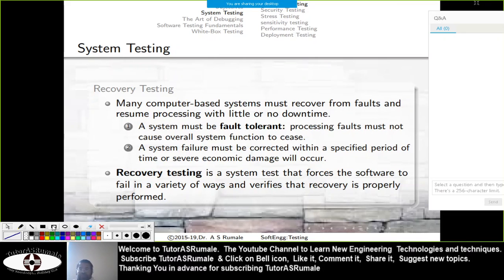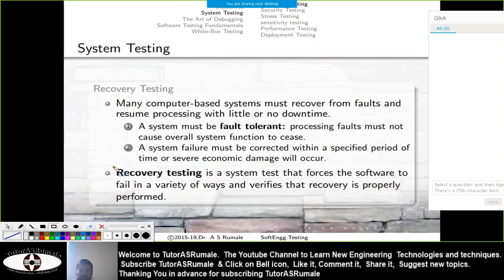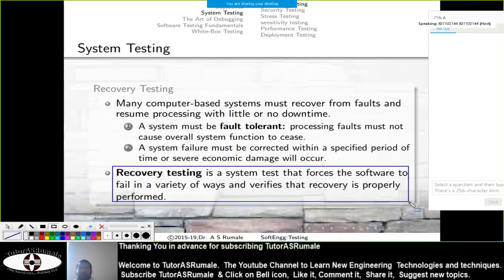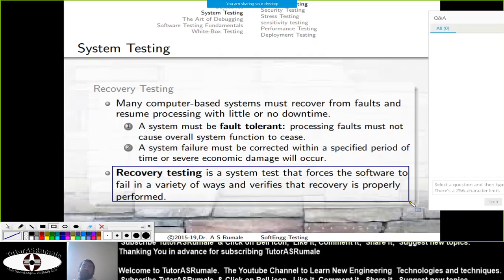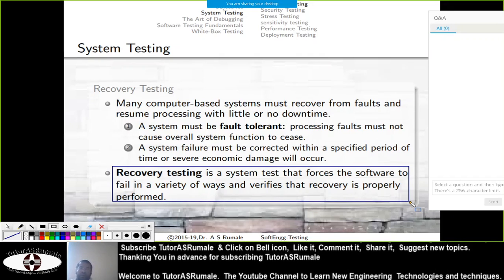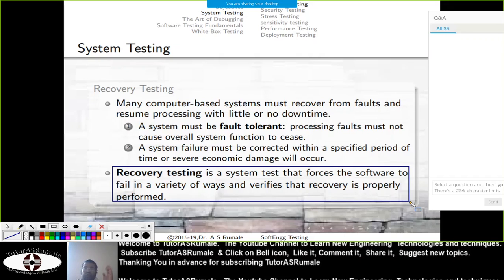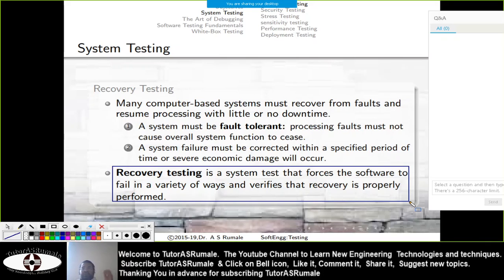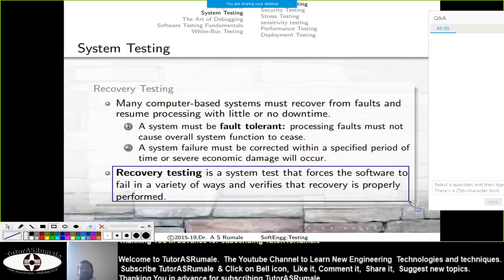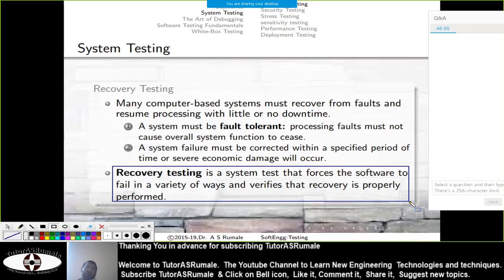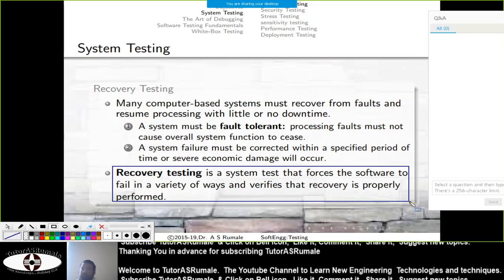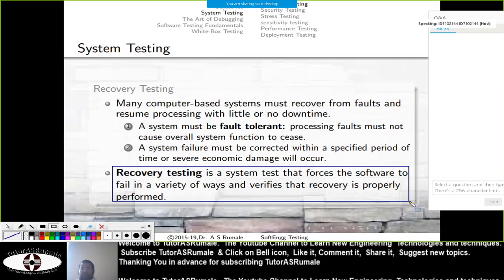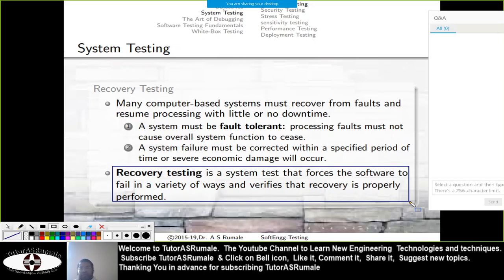Whenever we go for recovery testing, we are loading our computer with the maximum load it can handle, and we try to find out how it handles that load. Here the computer means the software actually. So we see how it recovers from any type of failure.